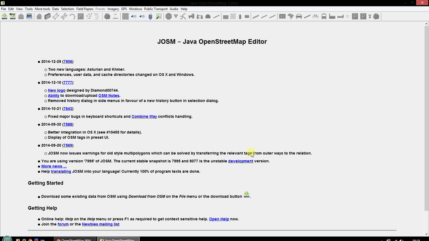So once JOSM is restarted, the next thing we're going to do is reconfigure the toolbar. So this is your toolbar here, and my toolbar is going to look very, very different to yours, simply because I've mine set up for Irish mapping. So how to set it up for mapping in Lesotho? We're going to right click and select configure toolbar,